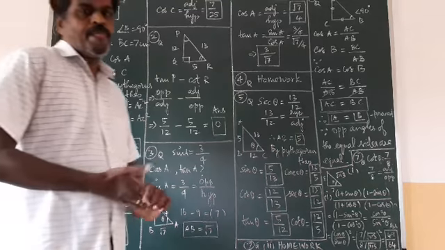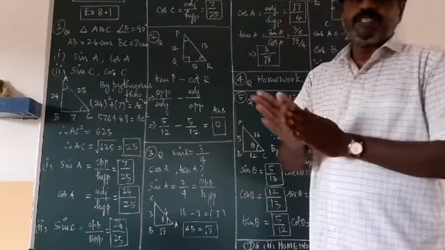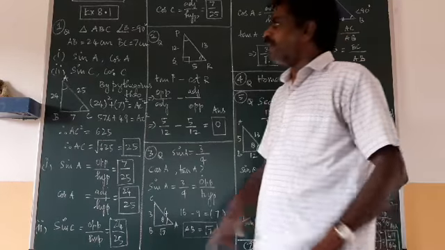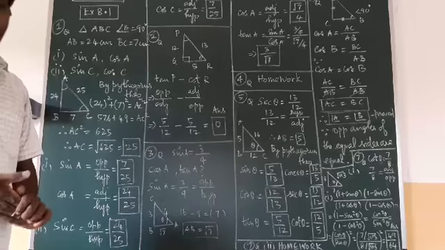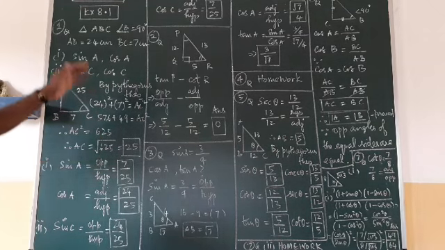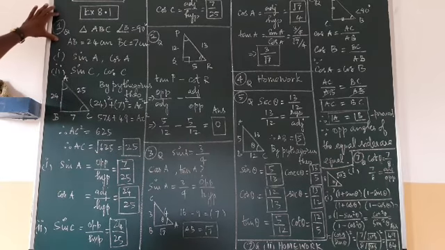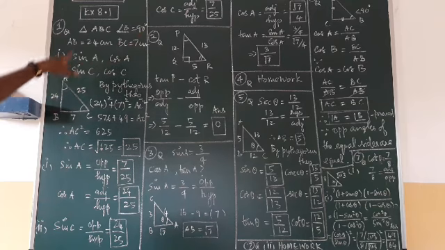Good morning, students. In continuation with the previous board work, we will continue the exercise problem on trigonometry. Exercise number 8.1 is based on the ratios that we are going to see in trigonometry. Based on the trigonometric ratios, we are going to solve this problem. First question: in a triangle, angle B is 90 degrees, AB is 24 centimeters, BC is 7 centimeters.